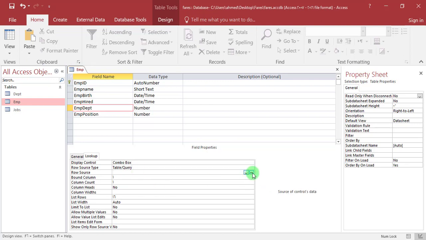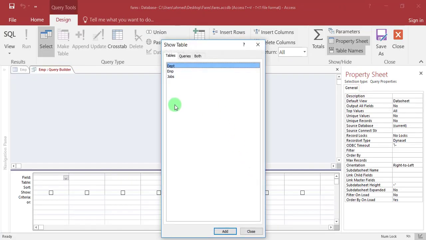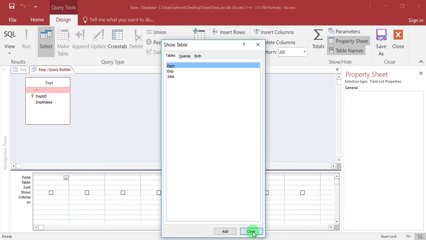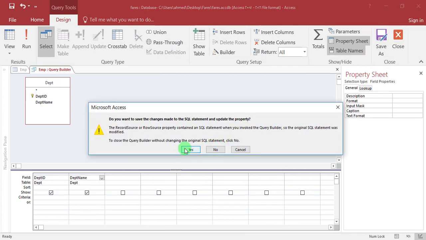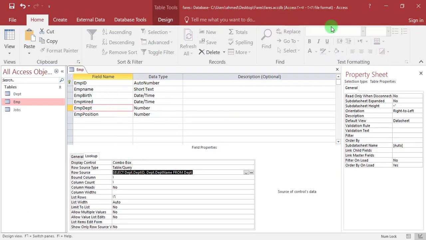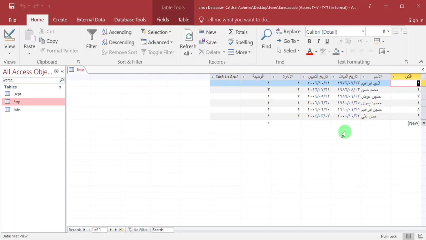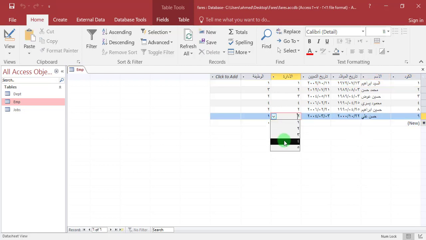Row source, choose the department table, EMP ID and EMP name. Save and close. When working in the EMP table, it will pop up a list for the IDs.